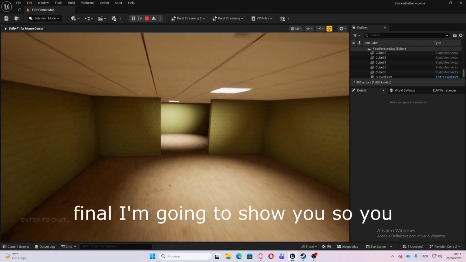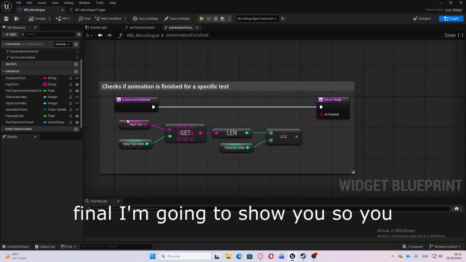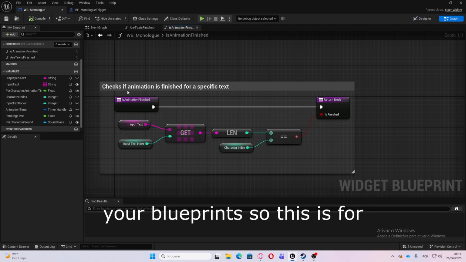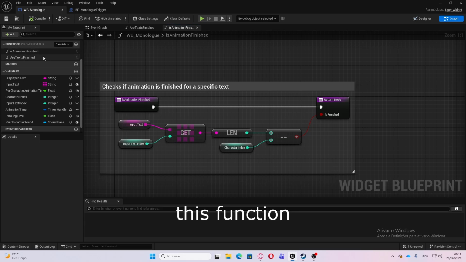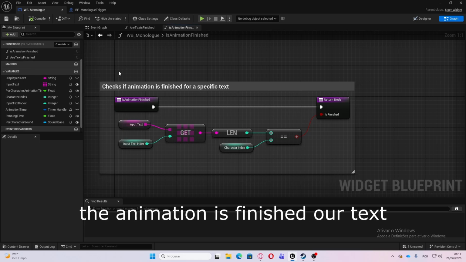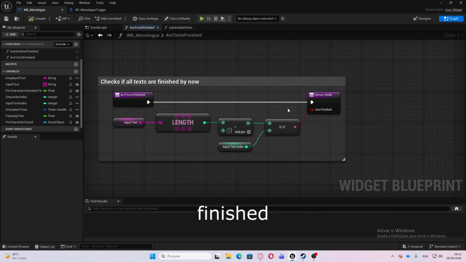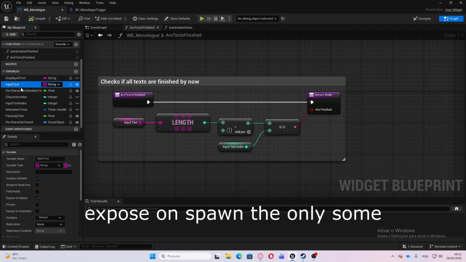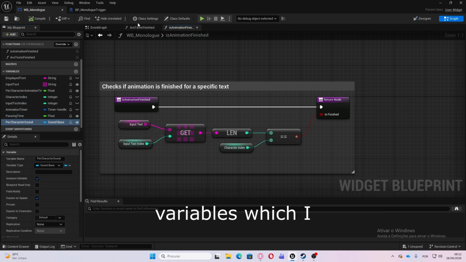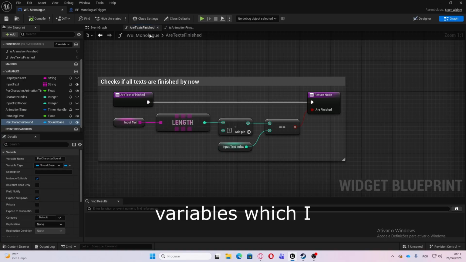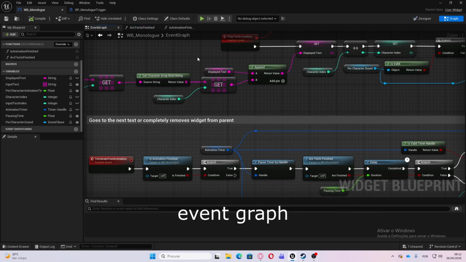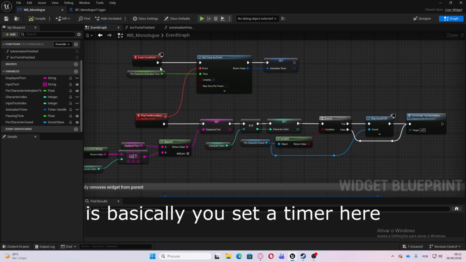Okay, everything's done. This is the final I'm going to show you, so you can know if something's wrong with your blueprints. So this is for this function: is animation finished? To check if the animation is finished. Then we have, don't forget to expose on spawn only some variables which I specified in the video. Then the event graph is basically you set a timer here,